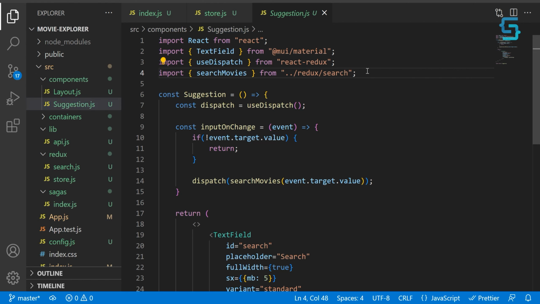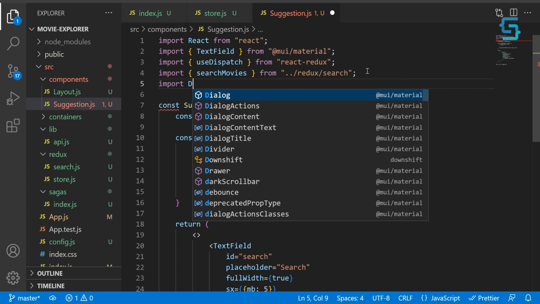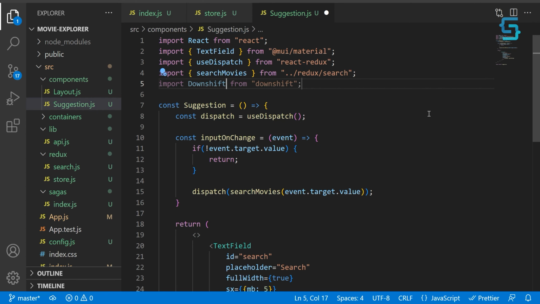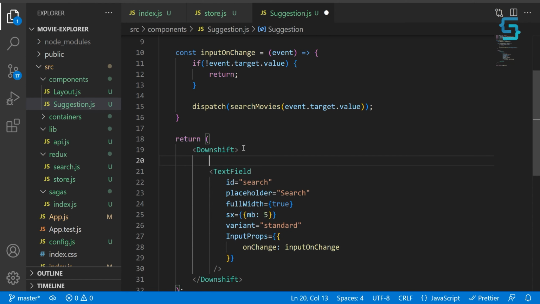Let's import the component in the import section. So import Downshift from downshift. And let's place this component in our return statement. We can replace these React fragments. Instead of them, just place the Downshift, like so. How we use this component is basically that inside of this component we have access to a callback function,